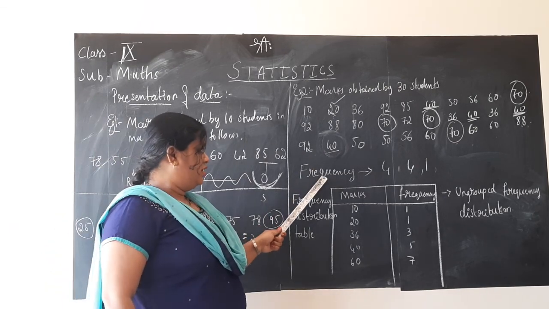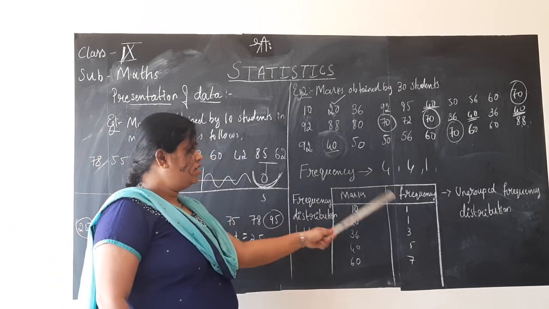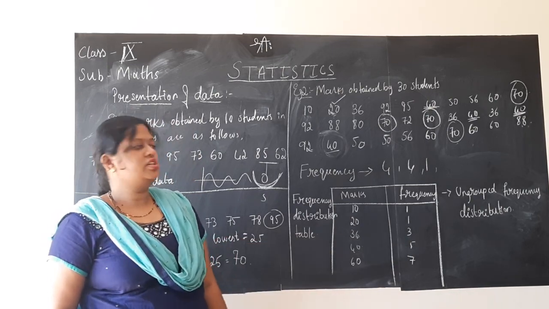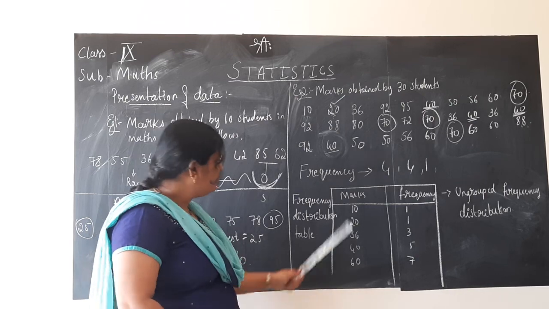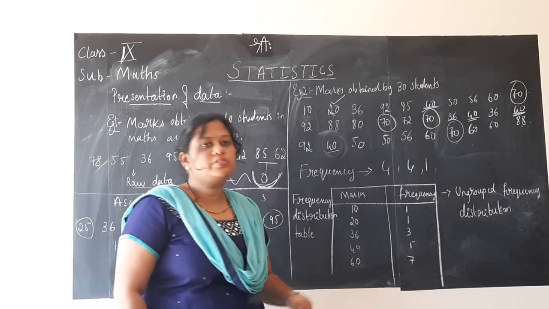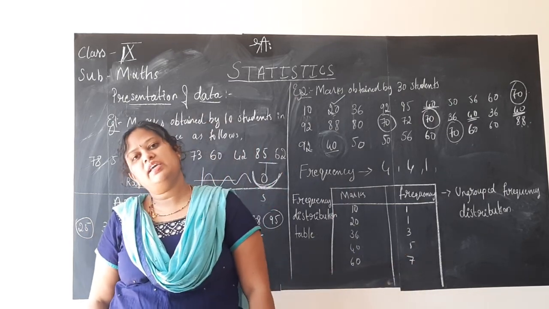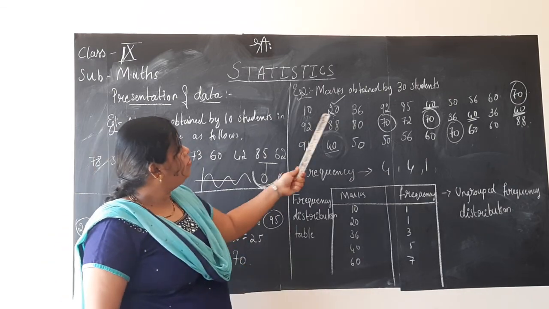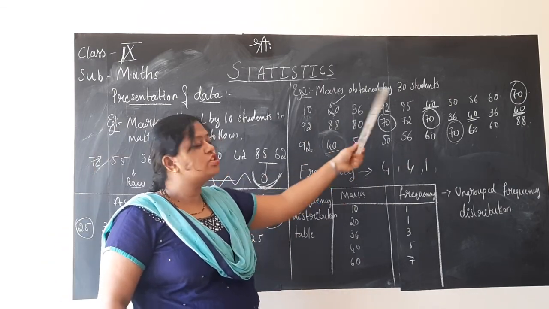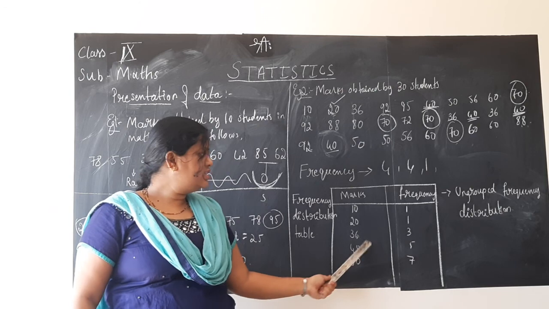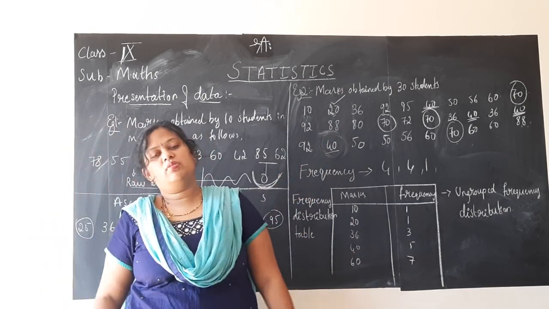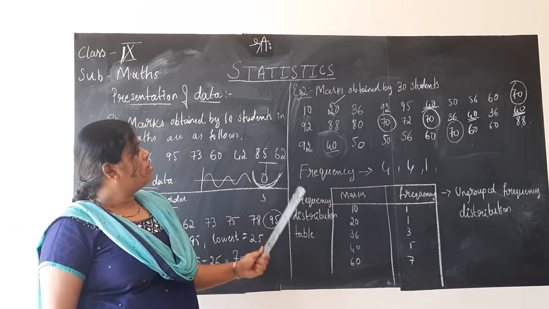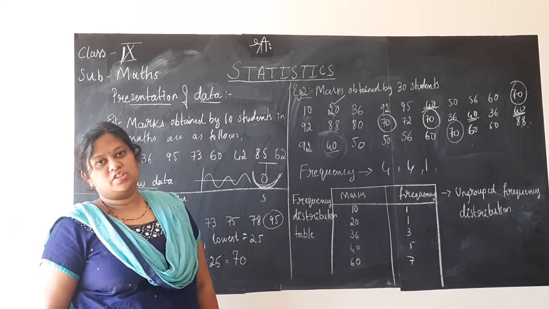So, hope you understood what is frequency and what is frequency distribution table, children. If we do so, it will be easy for us, no? How many students have scored 40, you can easily refer to the table. 5 students have scored 40 marks, you can say easily. But see how much time I took to search in each column, isn't it? So this is easy, and takes less time compared to finding out by that old method. So this is called frequency distribution table, children.